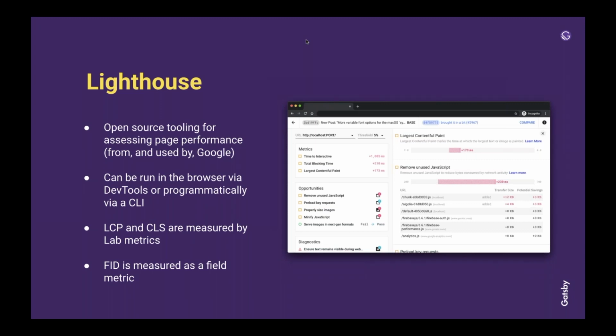Exactly, and Lighthouse is actually a good example of that. There's a question right now asking whether Lighthouse improves your score if you run it without Chrome plugins on a faster machine. Unfortunately, with lab data, that is true. Lighthouse scores will vary based on your own machine and the third-party plugins running